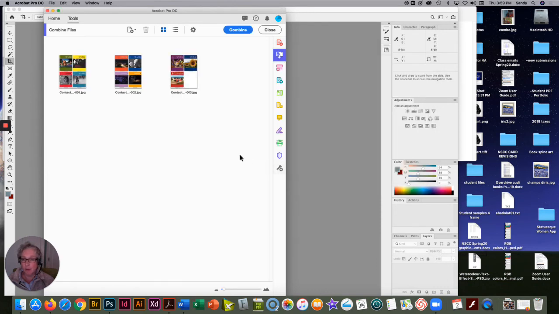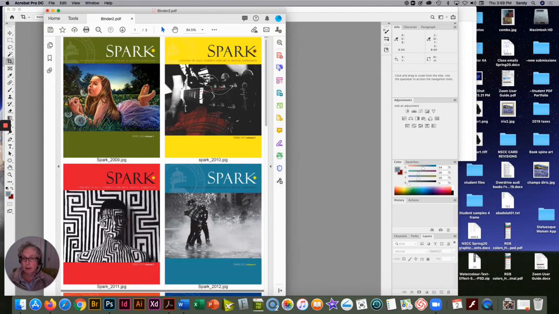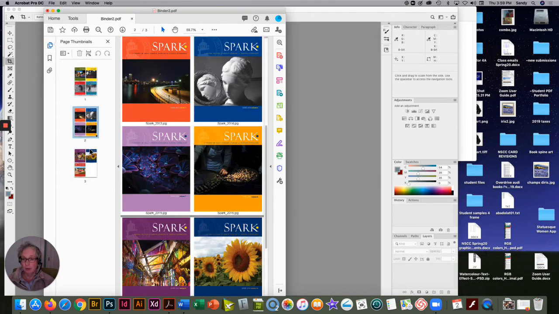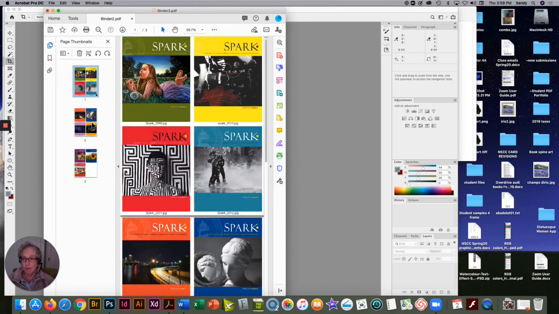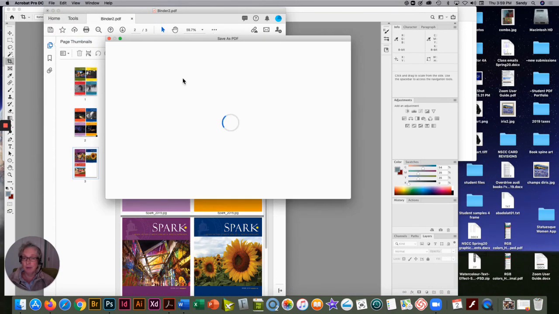I'm adding those to my PDF, and then I select Combine Files. And this has now made a multi-page PDF, 3 pages, that I can save as,